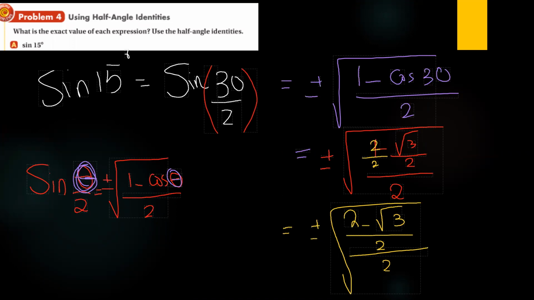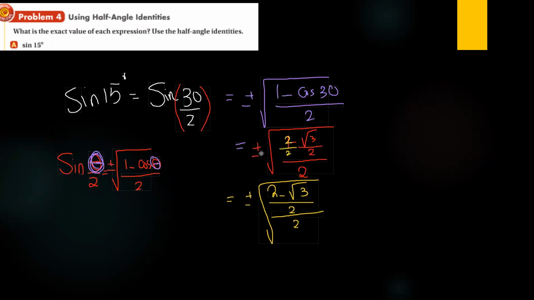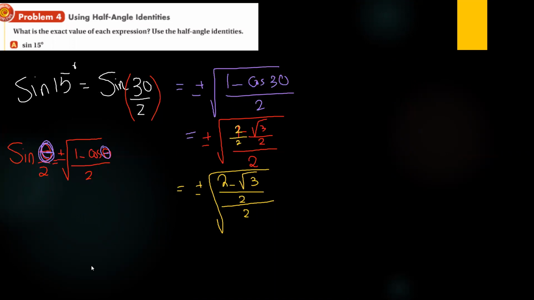Teacher, you make it like 30 over 2 because of the 15, right? Yeah, and I want to find 15 degrees, so I will write it as 30 over 2. Okay. Then,